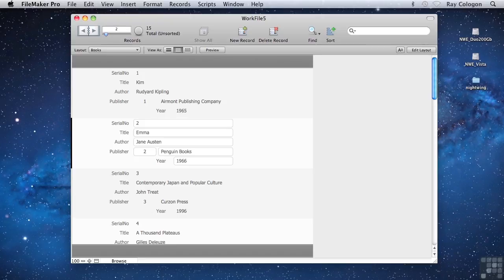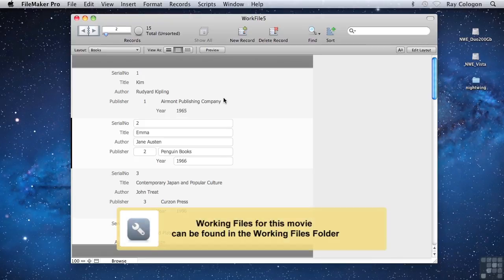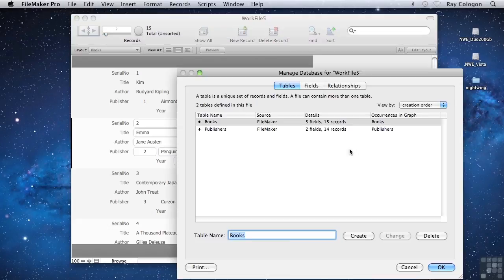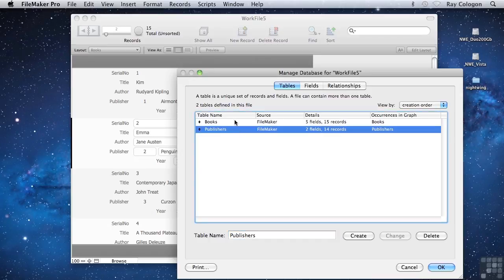You've seen that a database is composed of tables, that a table can have multiple records, and that each record can have values in multiple fields. You've also seen that a database can have more than one table, and that tables can be linked so that a record in one can reference related data in another. As you've seen, the file I'm working on here presently has two tables, and they're linked together by matching values